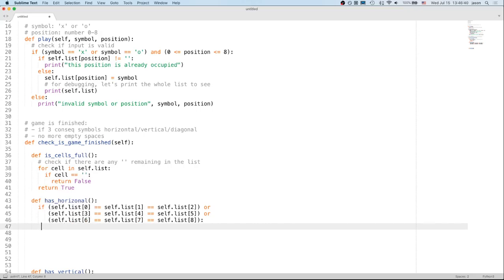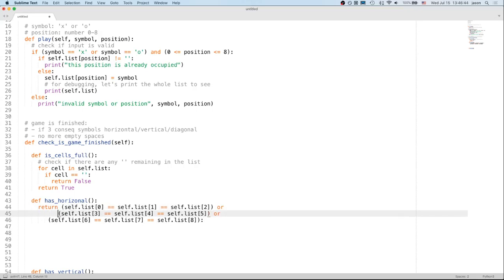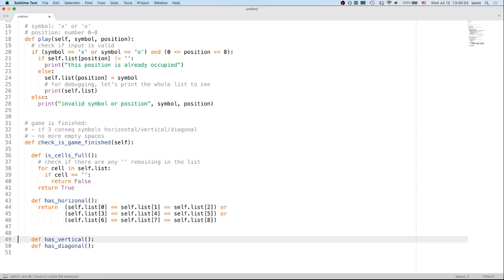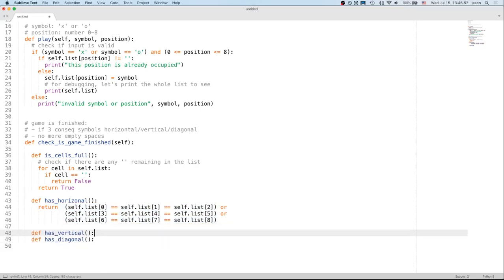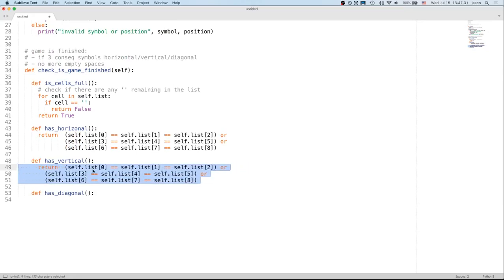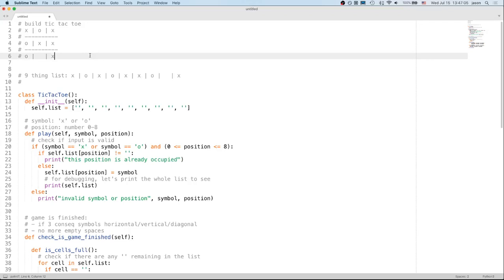Actually, we don't even need to return true. Return this is sufficient, right? That's basically it. And for the vertical part, we just need to do the same thing, except it's different values, right? What is the vertical value? Let me